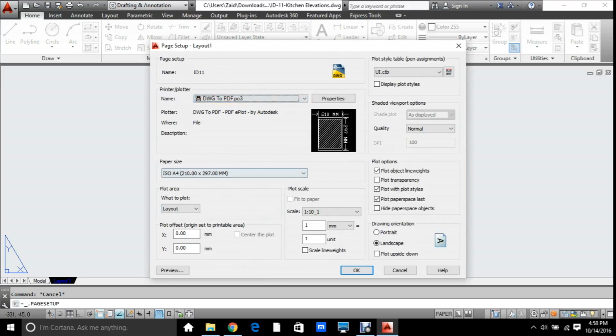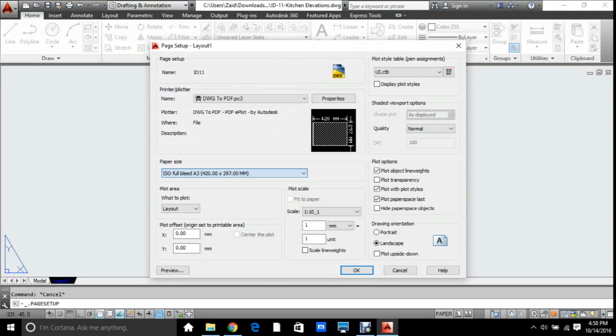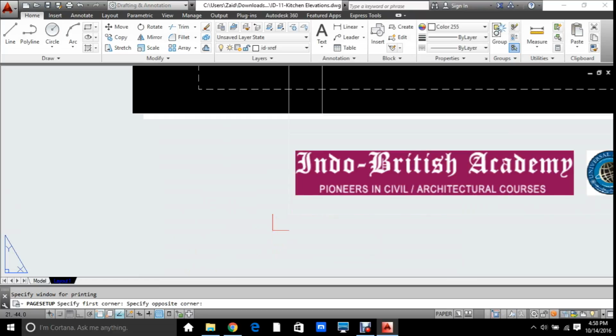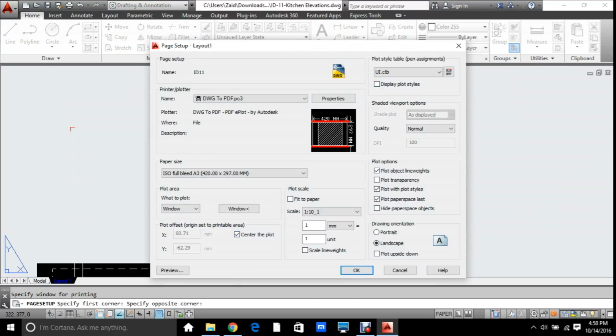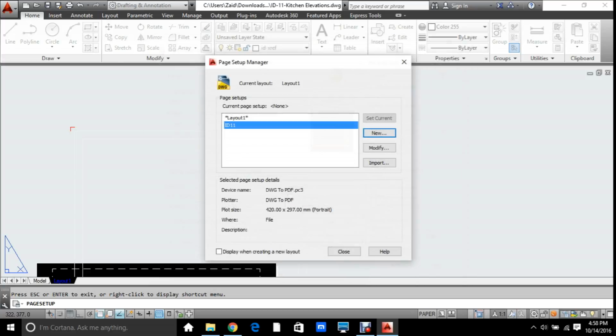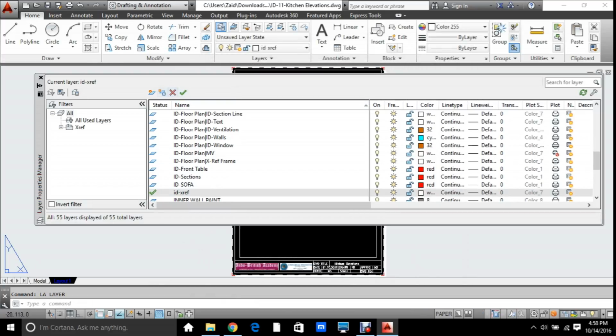Drawing to PDF, ISO full bleed A3. A3, window, yeah, A3, corner to corner, fit to paper, see the preview, portrait, see the preview, okay. Right click, exit, okay, set current, close. Make a layer, MV,